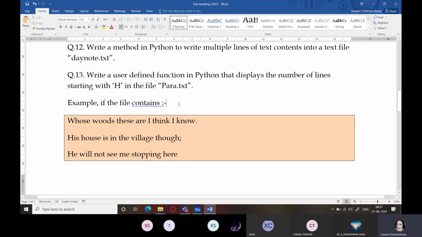Do it yourself and send me the answers, everyone. You can write the program in your sheet. You can write the program on a paper and send me the screenshot.